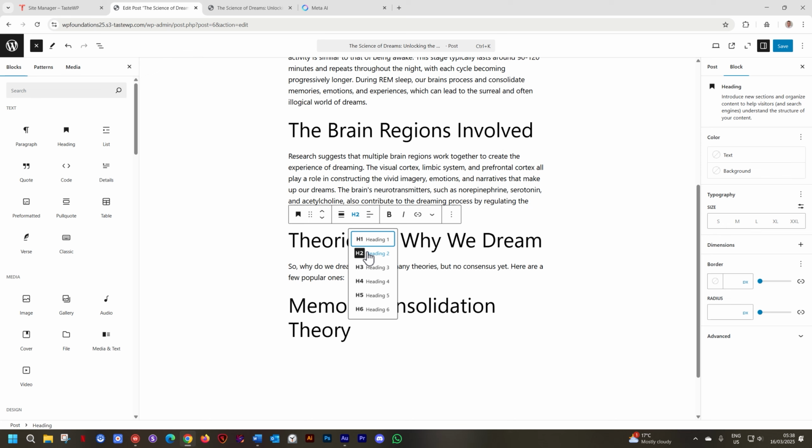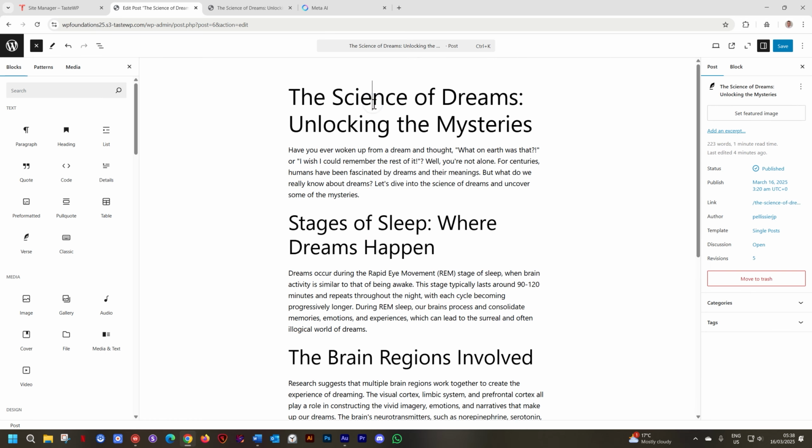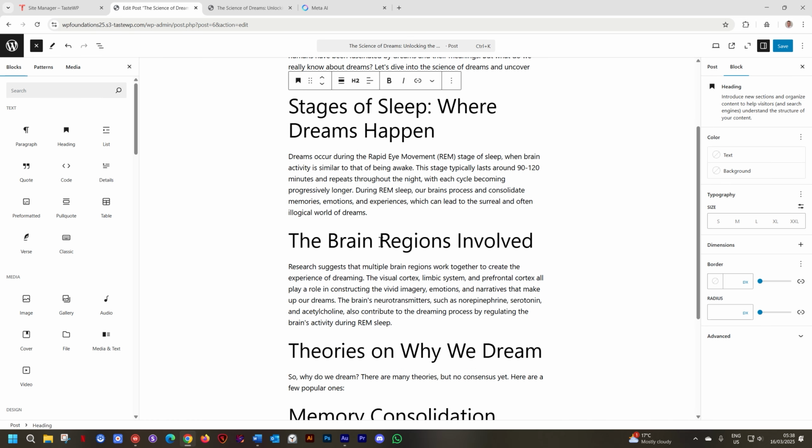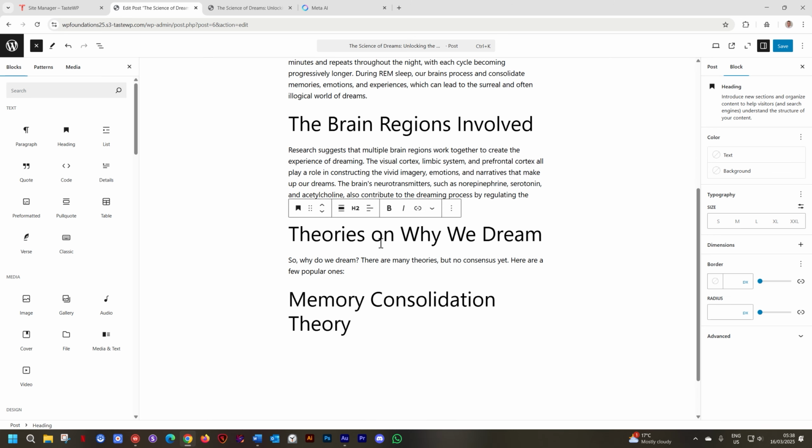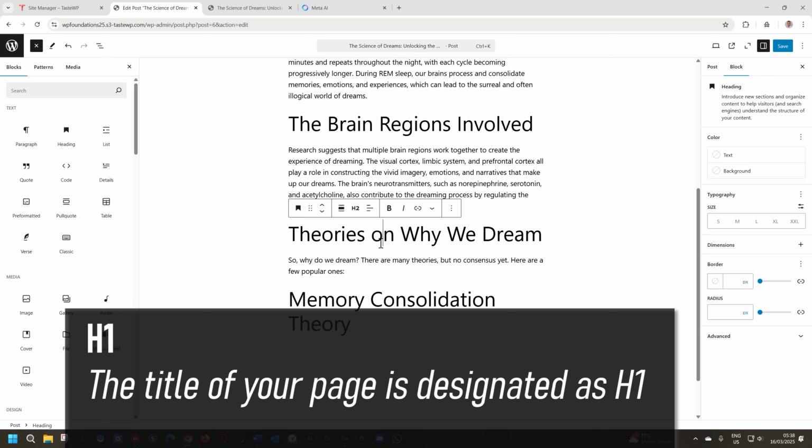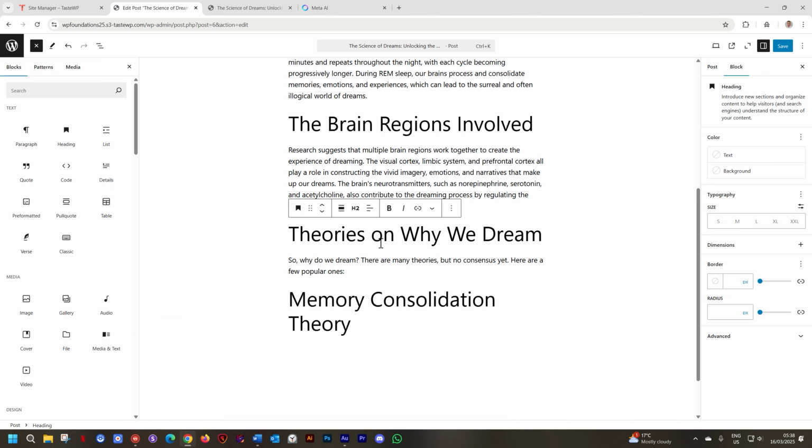And it is a very important way to help search engines like Bing and Google to understand how your page is structured. What is the main topic? What are the subtopics? Now that we've created this heading, you see by default all of these headings, as you click on them, are put on H2. Why are they not H1? And that is because the title of your page is H1. So you don't need another H1 on your page. If you want to, you can bring in the title of your page again and call it H1, but you don't have to do that. The H1 is already there.